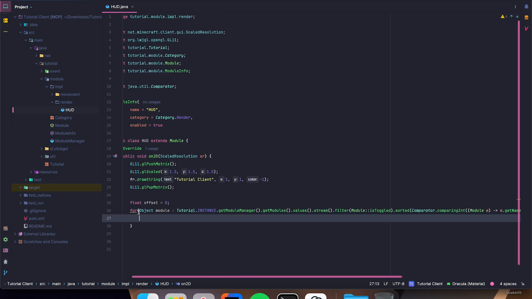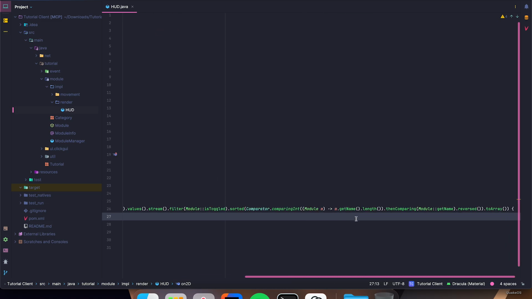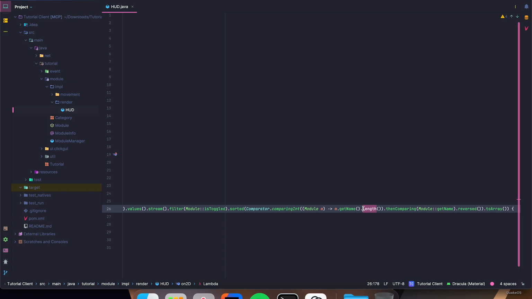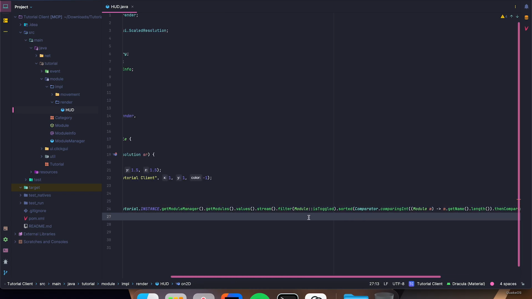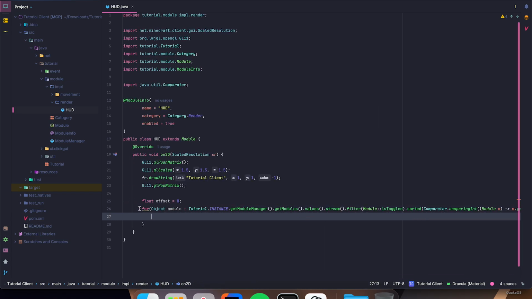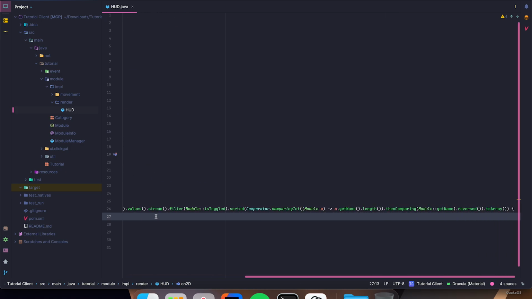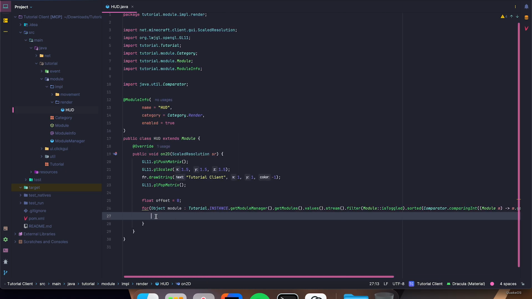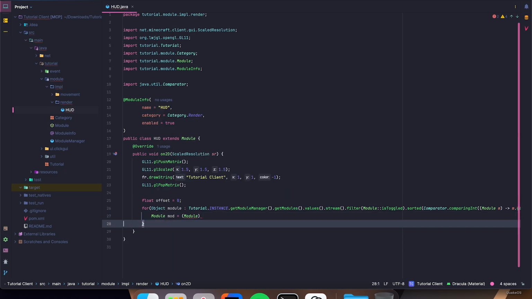So what this is doing is going through every module we have and then sorting them from the most characters to the least amount of characters. What I'll probably do is just leave this line in the description because that's a lot to write out. So now we're going to say Module mod equals module